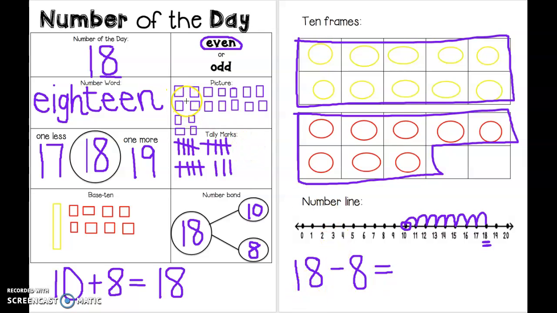I can use my picture, can't I? I drew 18 squares. So I can go back and do what? I can separate those out. There's 18 altogether. That's what I started with. And then I want to separate 8 because that's how many they ate, didn't they? So I'm going to mark out 8 of them. 1, 2,